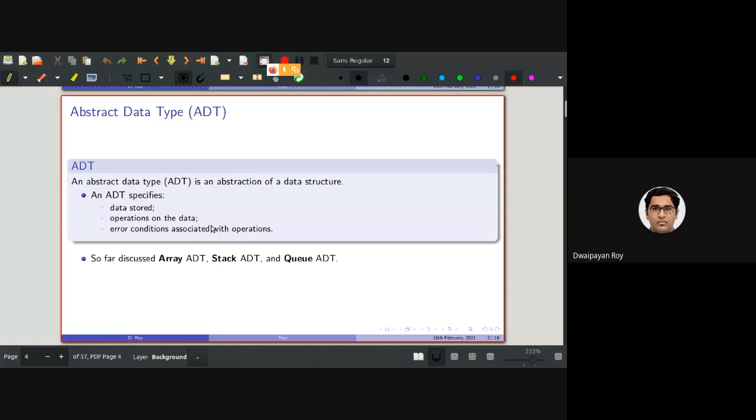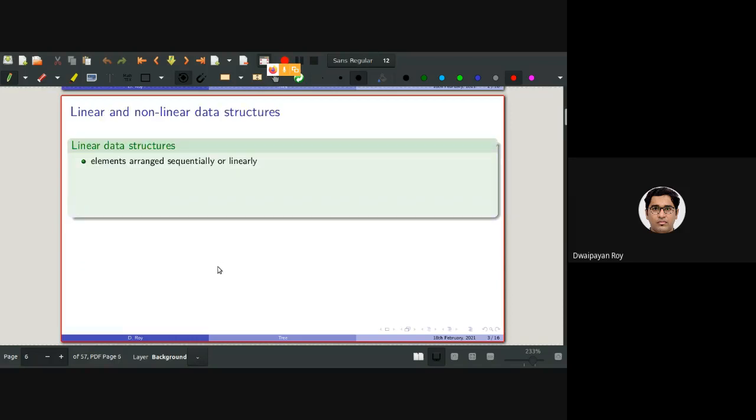So far, in the first course in this series, CS3101, we have discussed the array abstract data type and the stack and queue abstract data types. All of them are linear abstract data types. In the last class, I also mentioned that there is a nonlinear data type which we will be covering in this course, called tree. But of course, you might have the question: what are these linear and nonlinear data types?